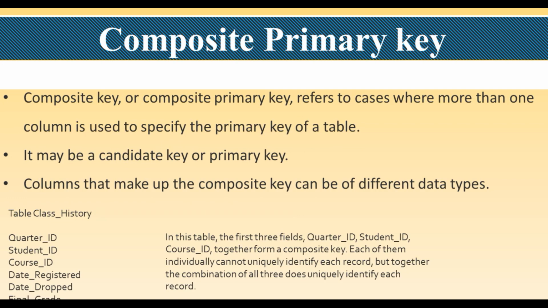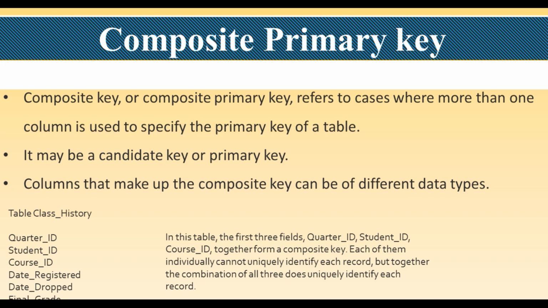Now composite primary key. As I taught you, student, the primary key can be only one column in a particular table. Now we are talking about the composite primary key, which may be a number of different columns that identify the data more accurately in my table. A composite key refers to the case when more than one column is used as the primary key of a table. As I taught you, the father name column along with the roll number can also be considered as a primary key, but it is known as a composite key or composite primary key.